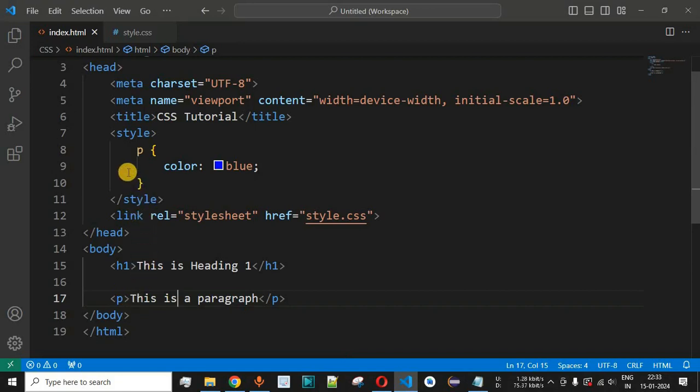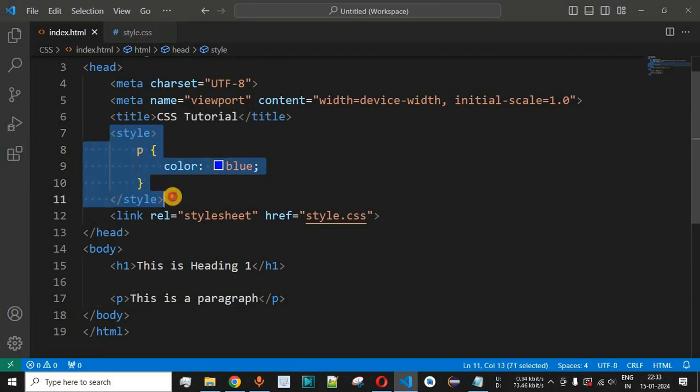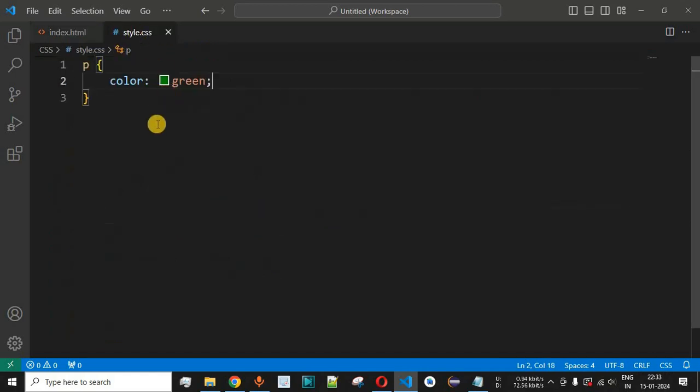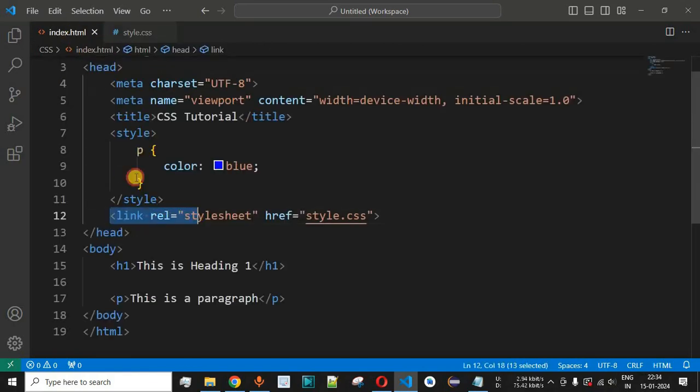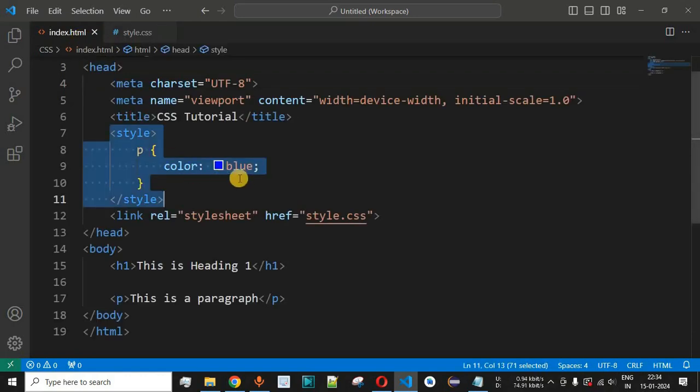But apart from this, we also have both the types of CSS being defined over here. We have the style tag inside the head document, which is the internal CSS, and we also have the link tag, that is linking to the external CSS file over here, and in this case it is giving the priority to the external CSS file. That's because we are able to see the color as green. Now guys, since we have provided this particular link tag after the style tag, that is the reason the green color is getting more priority compared to the blue color which we had defined inside the internal CSS.